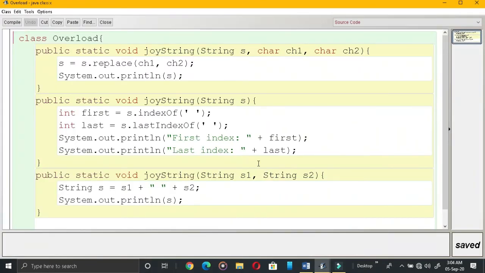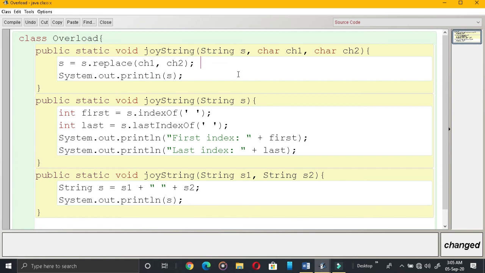See, when overloaded functions are given and it is not mentioned to write a main method, then there is no need to write it; you can leave it as it is. You only need to write this much. Class overload, public static void joy string, then this is the string and character. Then s.replace(ch1, ch2), meaning wherever this character is in the string, that will be replaced.